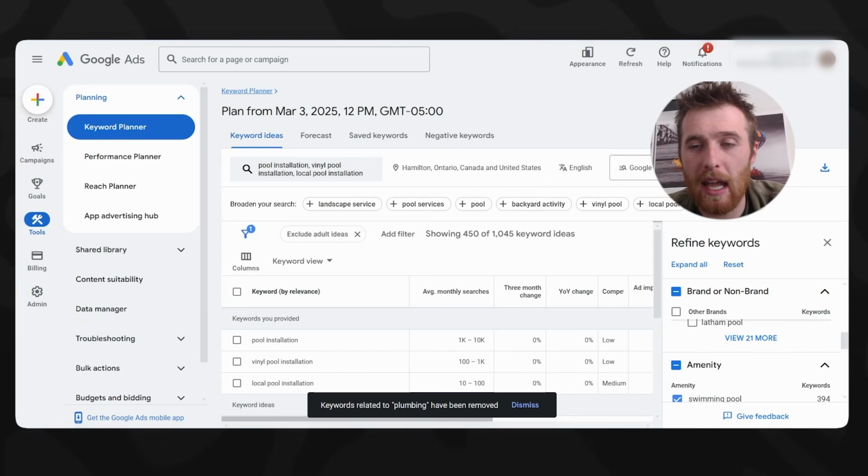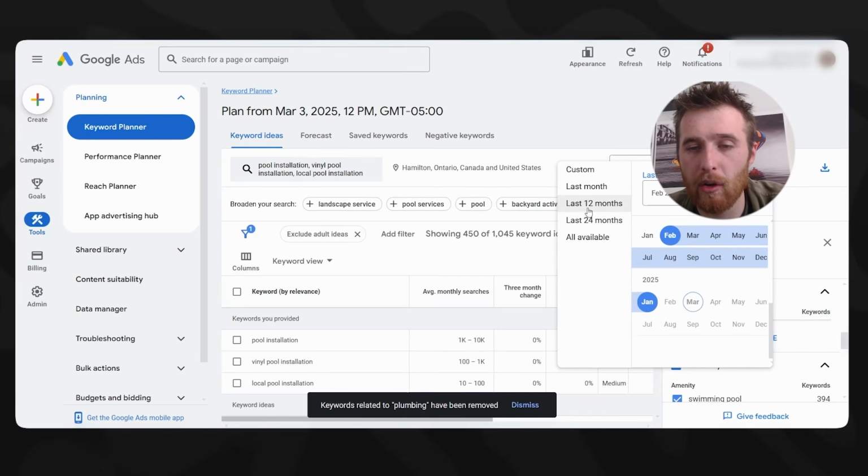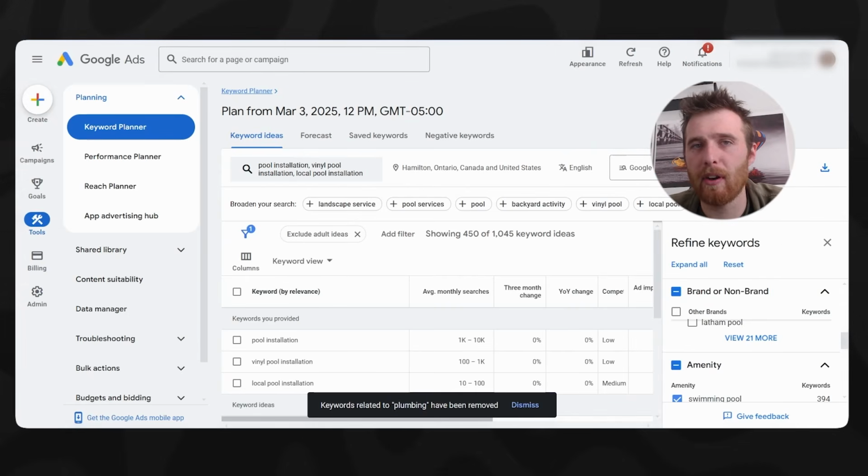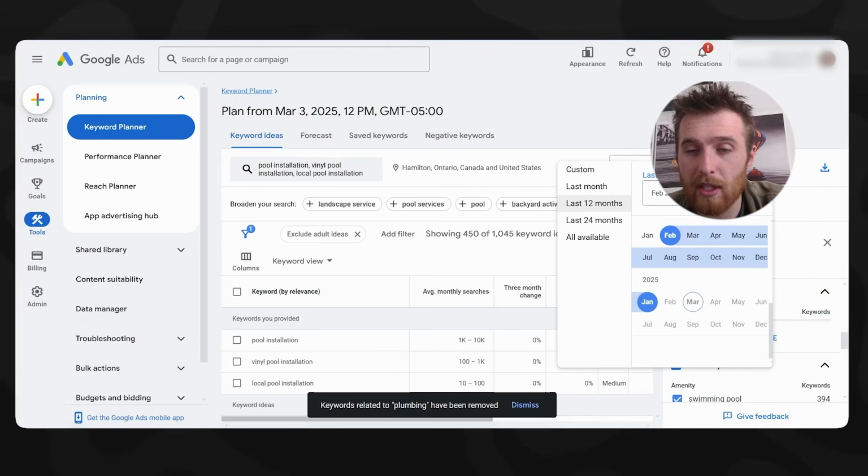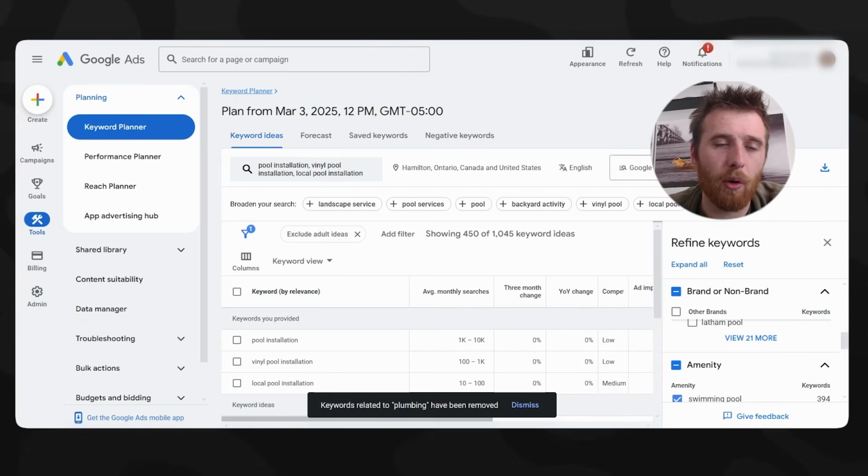The next thing is the actual time that we're looking at. You can do last 24 months or last 12 months. I like the last 12 months just because it's very relevant. We don't want to be looking at data that came from 25 years ago when the internet was a completely different place. That's not something we want to be doing. So last 12 months gives us a very good overview of how many people are searching for this, what the cost per click is, the different types of keywords people are searching for. It's an excellent indicator of this stuff is relevant, up to date,